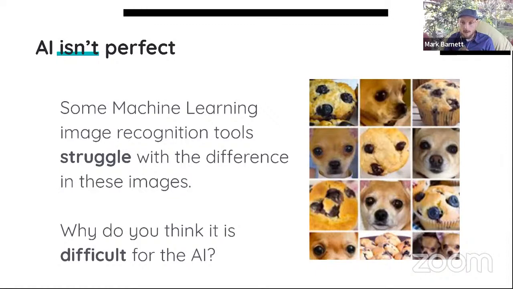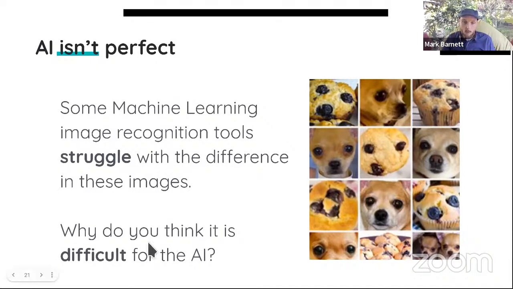So if you look at the image on the right, there are some chihuahuas in there, and then there are some blueberry muffins. So there's a famous example where a machine learning tool wasn't able to recognize the difference between the chihuahuas and the muffins. So we can look at this picture and we can easily tell the difference. Although for me, I think this one in the middle is pretty close. Like if I just glance, if I just kind of turn my head and look, it kind of looks similar to a chihuahua. But then if I stare at it, it's like a mutated chihuahua face.